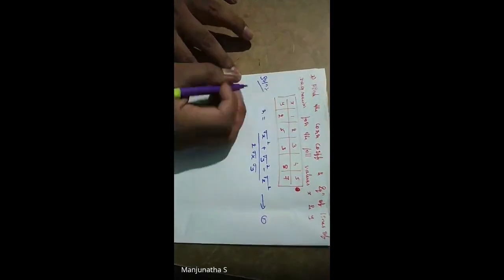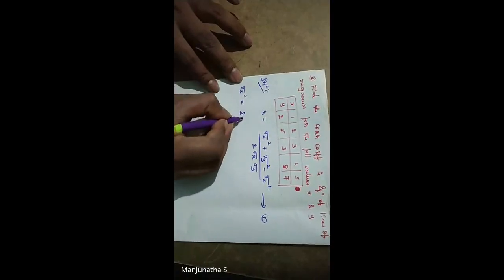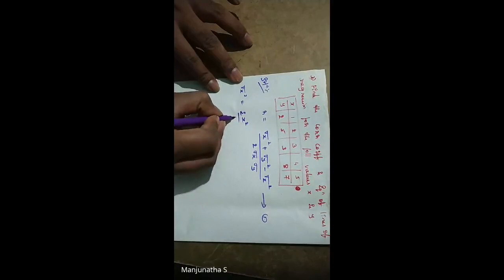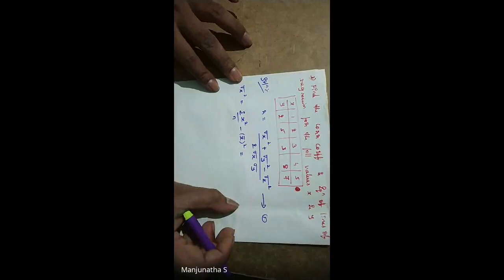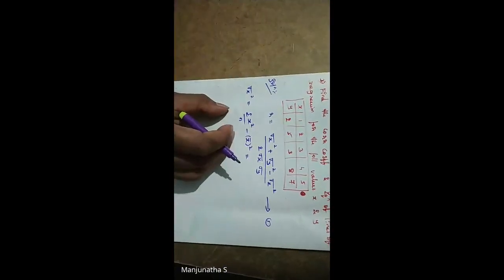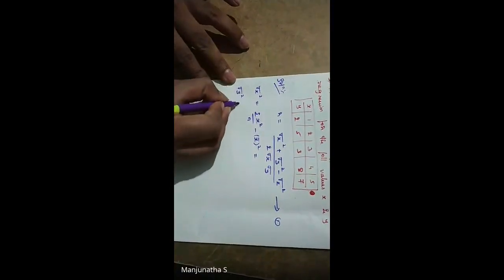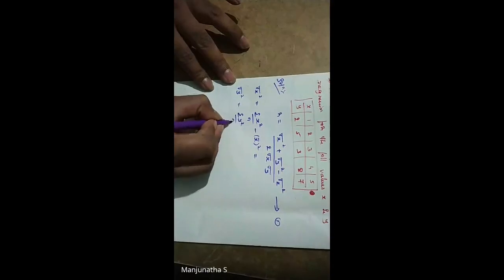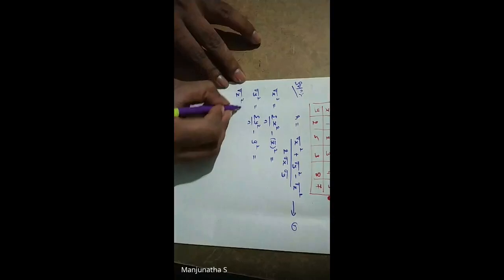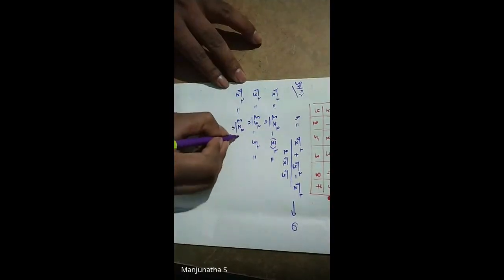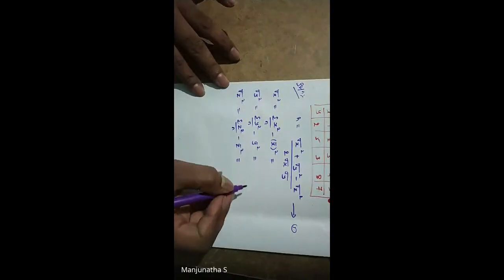So what is this sigma x? The formula for sigma x square is summation x square divided by n minus x bar square. Okay, this is the formula. We'll substitute and get the value at last after doing the table construction. Similarly, sigma y square is summation y square divided by n minus y bar square. Similarly, sigma z square is summation z square divided by n minus z bar square. So what do x bar, y bar, z bar mean?